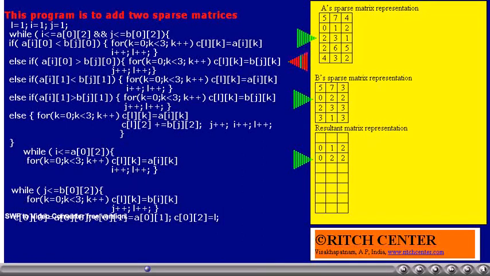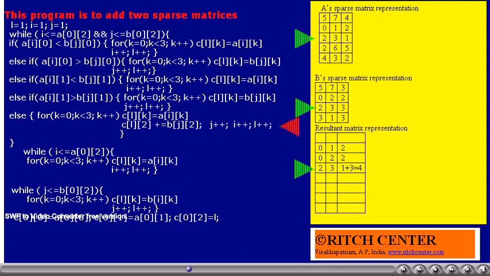Thus, that element has to be copied first to the resultant matrix. So 0, 2, 2 is copied to the resultant matrix. J value will be incremented by 1, L will also be incremented by 1. J becomes 2, L becomes 3.